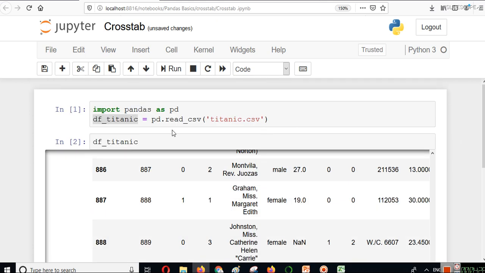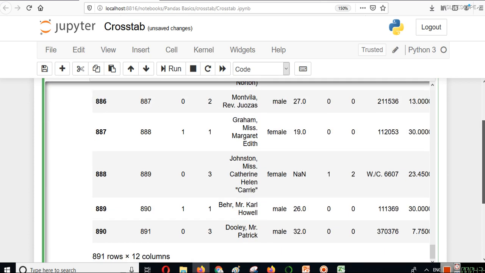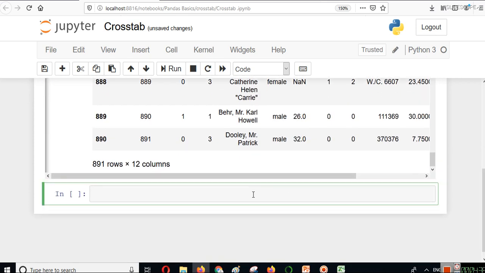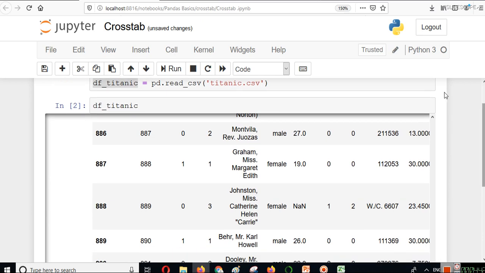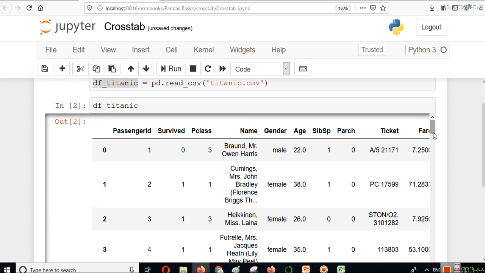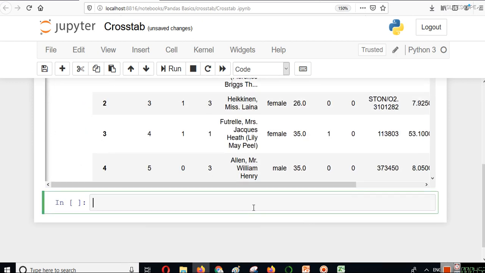Now it's time to apply cross tab. First we will apply cross tab without too many parameters. In cross tab we can choose two or more columns. Let me show you the syntax first.